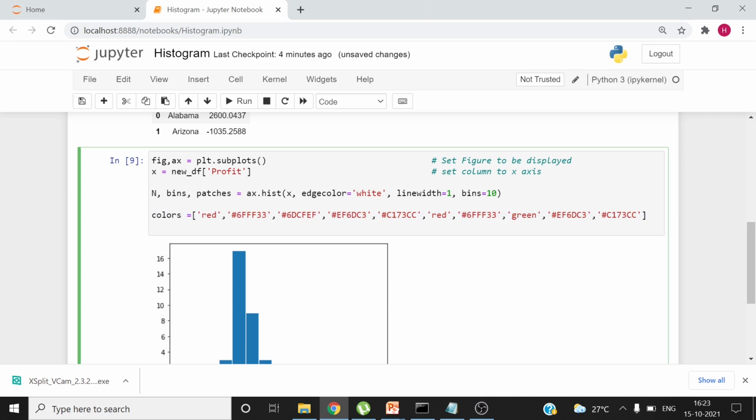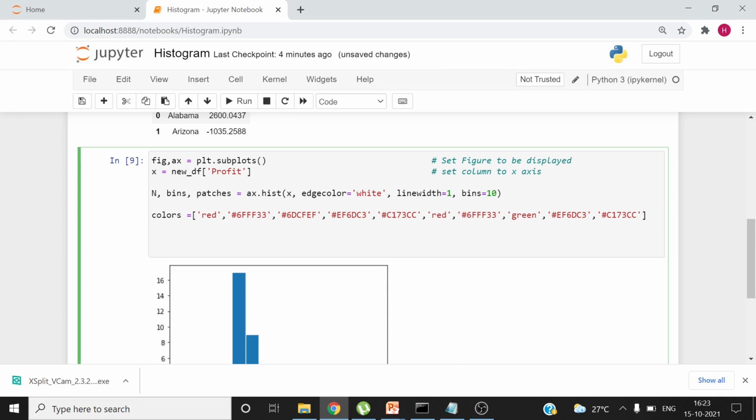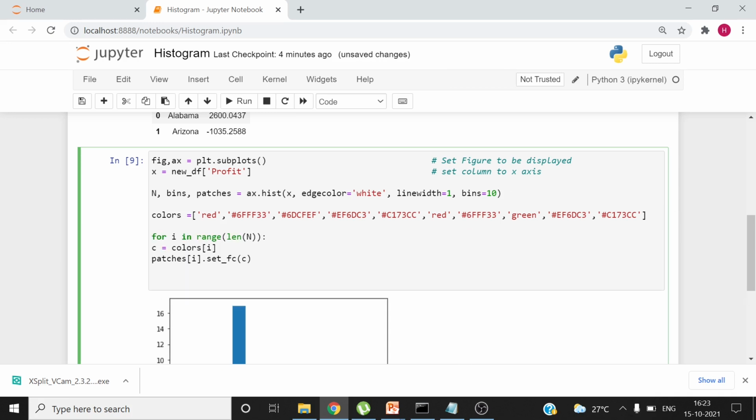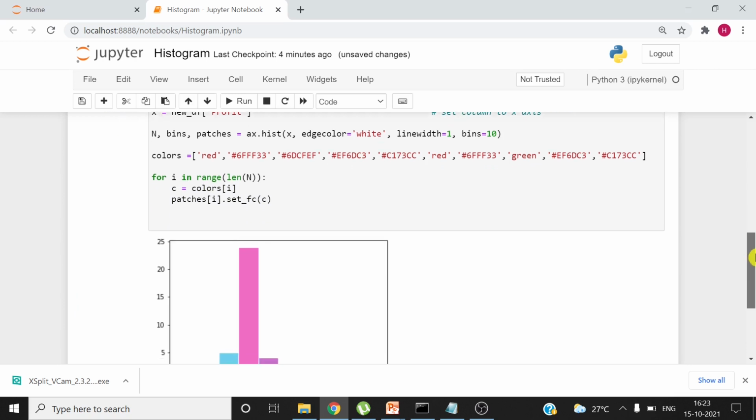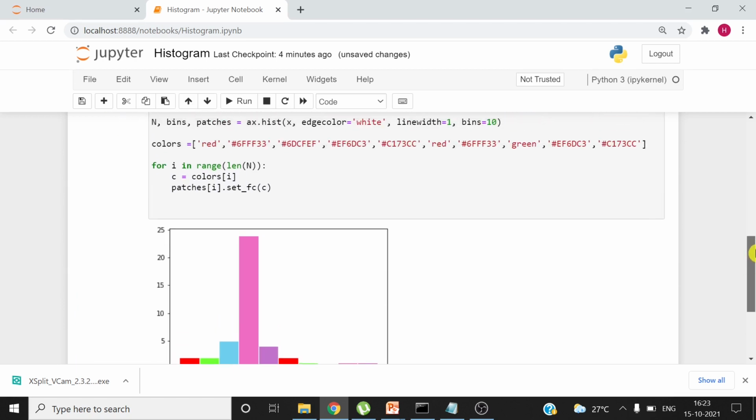Once we have the list of colors, we have to loop through each block, and each block here is n. When we are looping through each block, we have to apply the color. So here is the loop for that. You do shift enter, and you will see all the colors are applied. Right?